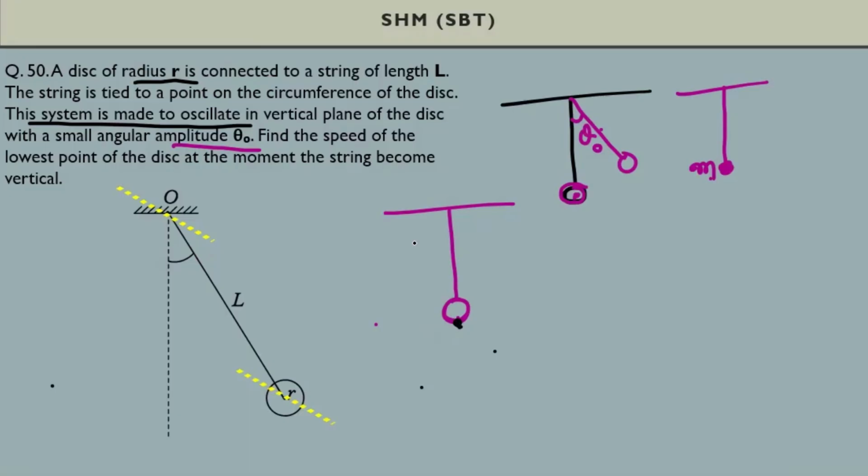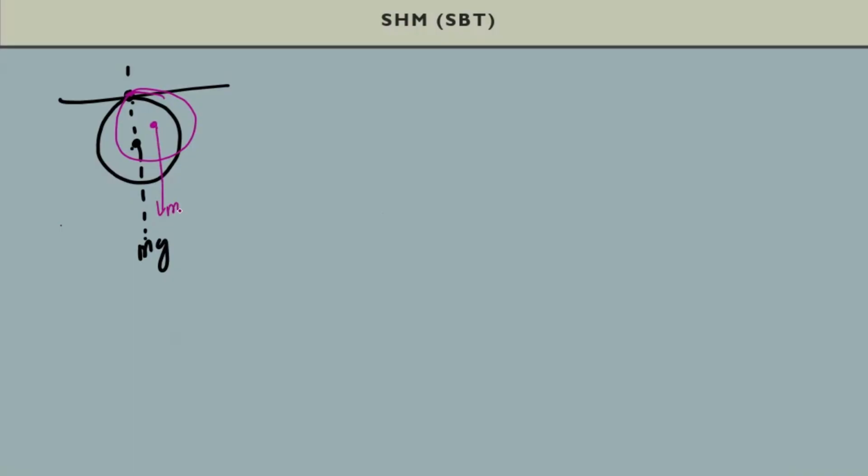This is a case of a physical pendulum, because we are talking about this body as something having geometry and everything. In a physical pendulum, say I hang a disk like this, when its center of mass is just below the point of suspension, mg passes through this point, and around this point the torque of mg will be zero because r is zero here. If you displace the disk by a certain angle, the center of mass shifts somewhere here, and mg is no longer passing through the point of suspension.